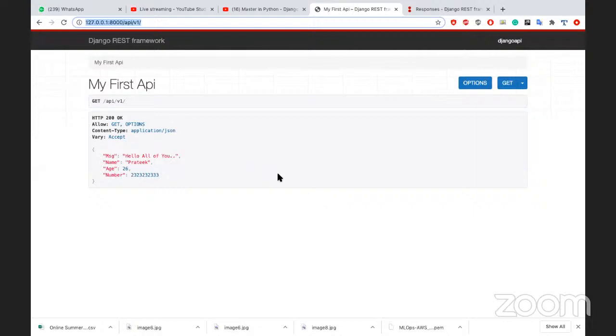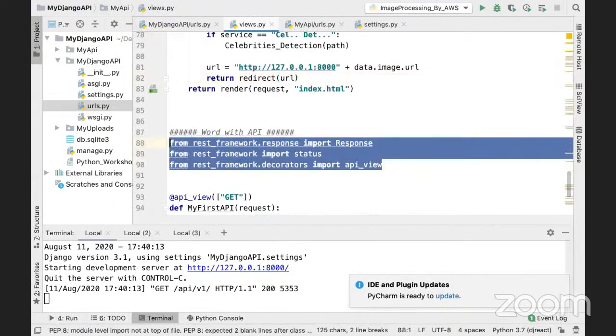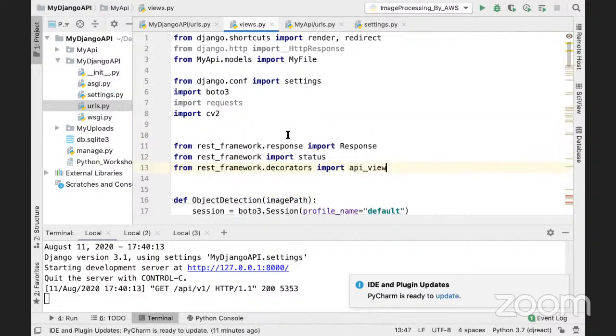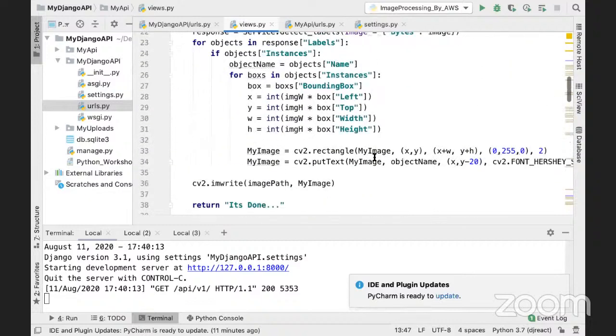Then they will process it. But before this, I will apply the same content here. So I'm going to crop this and paste the same content here. And what I'm doing here is